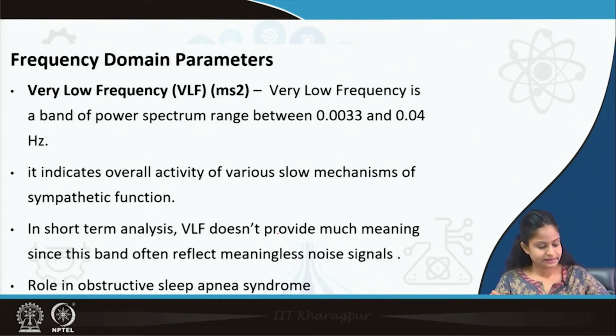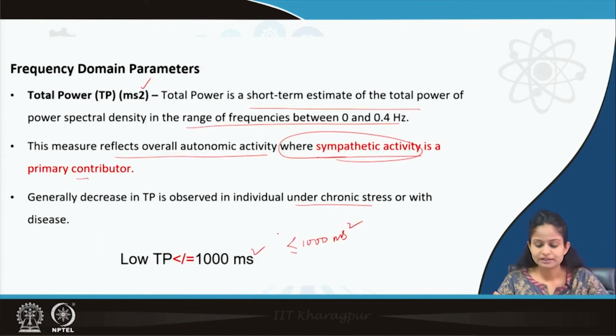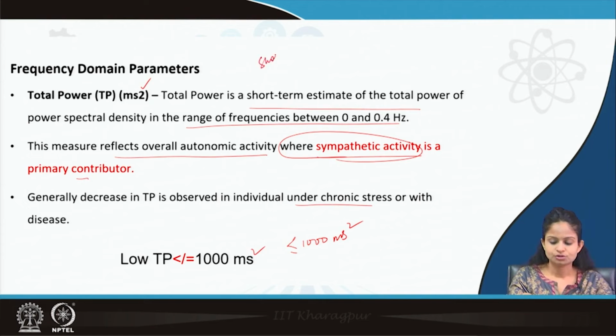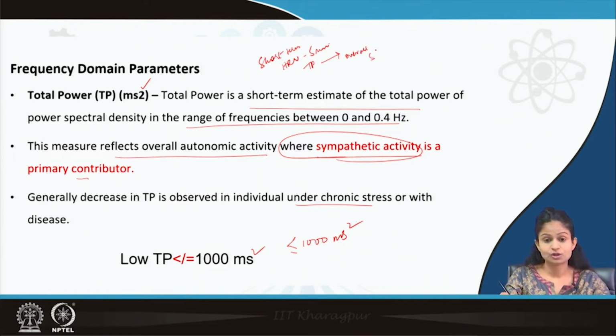The most important thing in the previous slide is that total power is divided into short term and long term. Since we are talking about short term HRV, 5 minutes HRV, total power usually reflects overall autonomic activity, that means sympathetic activity and parasympathetic activity. But when we are talking about 24-hour or long term HRV,